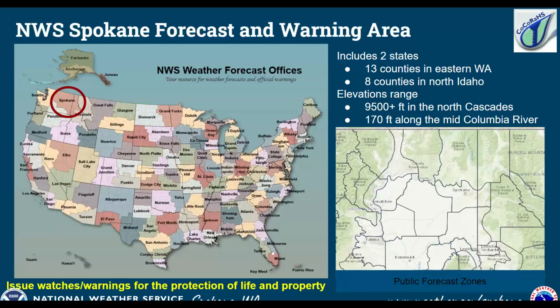So quite a range. And the weather can be quite diverse as well, with snow and rain and wind and dryness as well with the downslope events. So we have 13 counties in Washington, all east of the Cascade Crest, and then 8 counties in North Idaho. That's in the Idaho Panhandle.